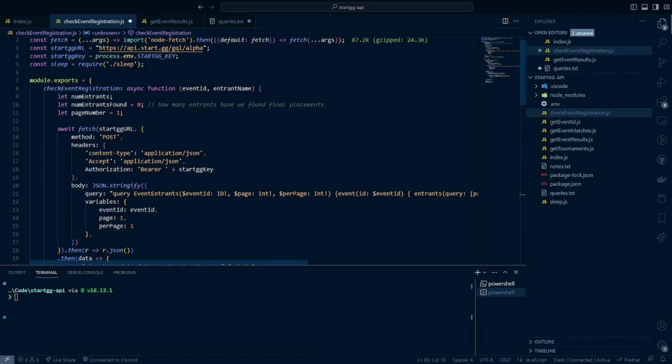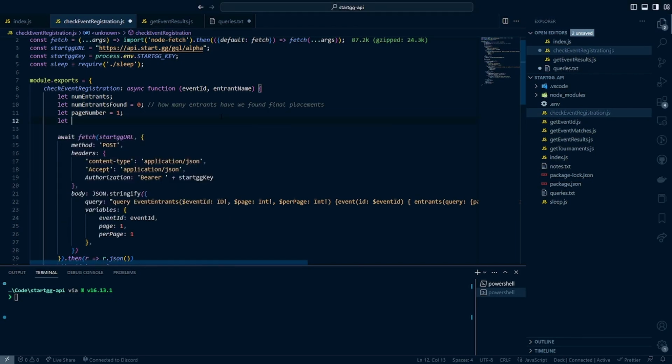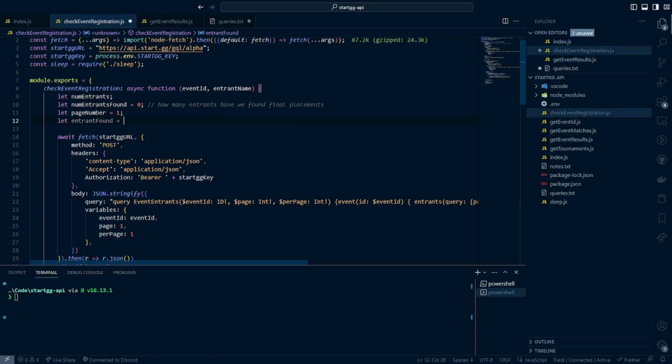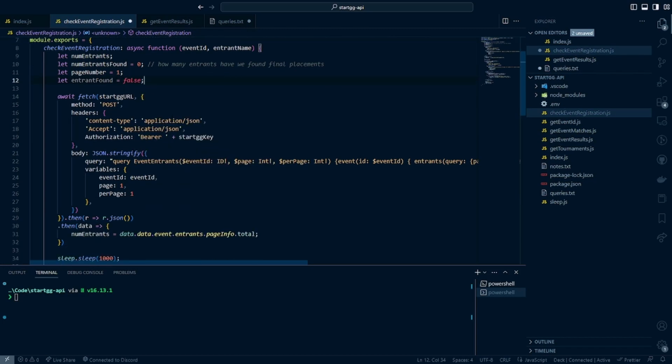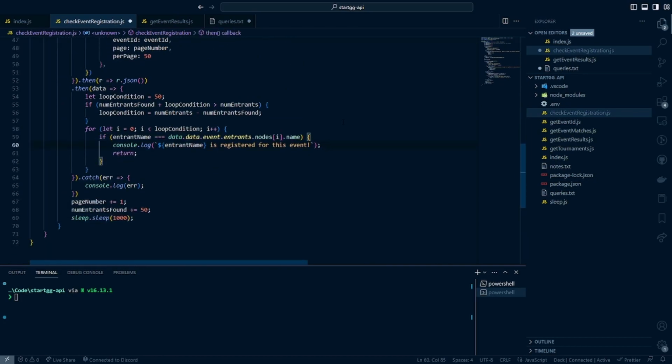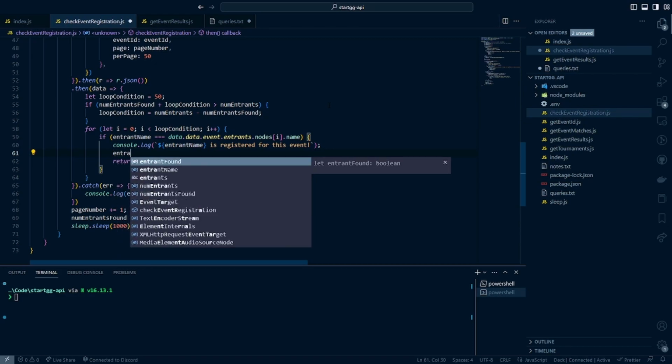Before we begin testing, there are a couple things I want to add to this function still. So first, I'm going to add a backup variable in the event that the code is not able to detect fast enough that we return from the function. So I'm going to add a variable that says let entrant found equal false. We're going to switch this to true when we find our entrant. So when we say, hey, we found our entrant, they are registered for this, we're going to say entrant found